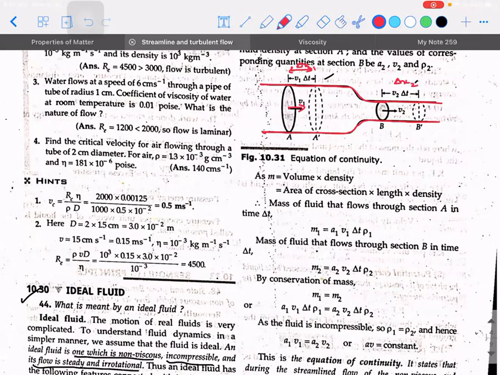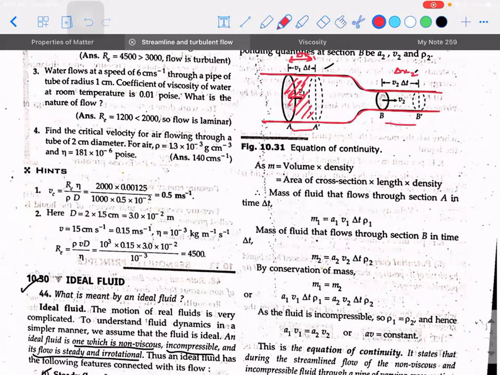Okay. Now, this equation of continuity is based on the concept of conservation of mass, because since we are saying this fluid is incompressible, can I say whatever is the mass of the liquid that has got displaced here should be the same mass of the liquid that has got displaced at the other point also? So when I say it is incompressible, it means its density is also going to be constant, right?